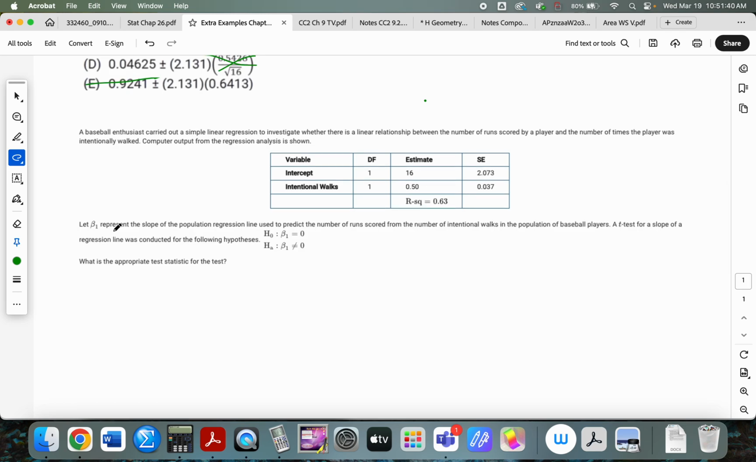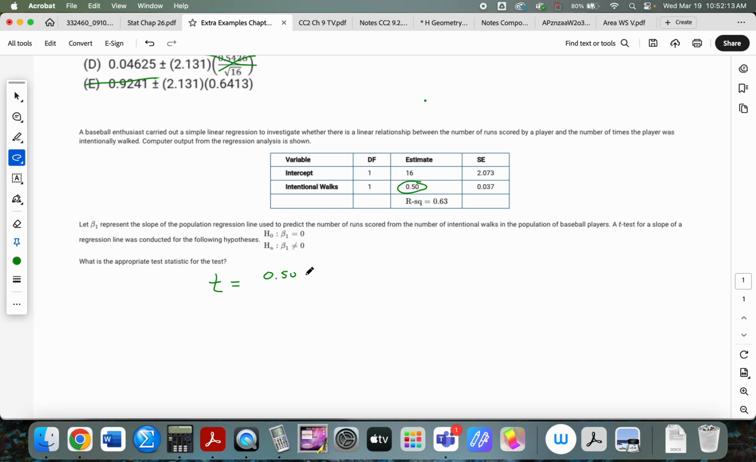This was taken right off of AP Classroom. So we've got all this information, and here they want the appropriate test statistic for this test. So we're finding t. We're doing a t-test, so t equals the statistic, that's going to be 0.5,